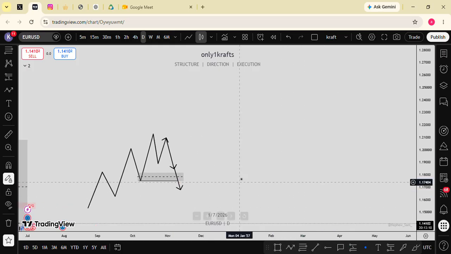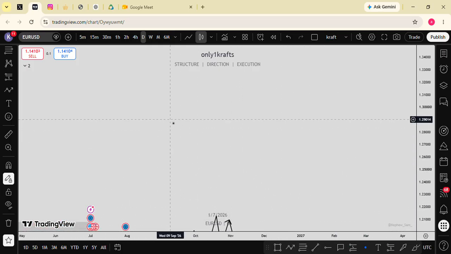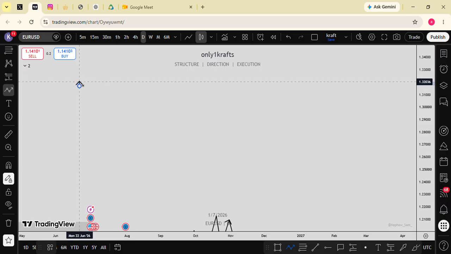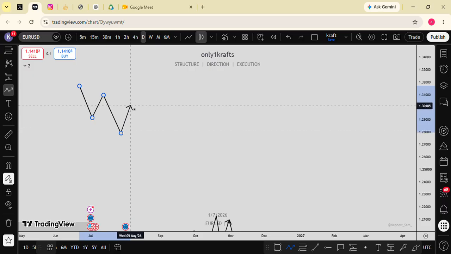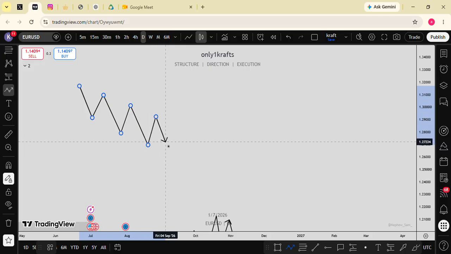Now for a bearish scenario, it's going to look something like this. We have the sellers here pushing it to the downside, and then the buyers pushing it up a little bit, and then the sellers taking out the buyers' money here, pushing it to the downside again, then the buyers up again. Sellers pushed it again, then we have something like this, fail to break this low, and then we break this high first. This is internal,